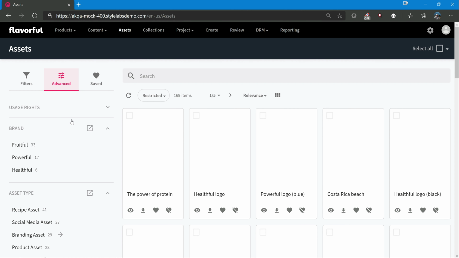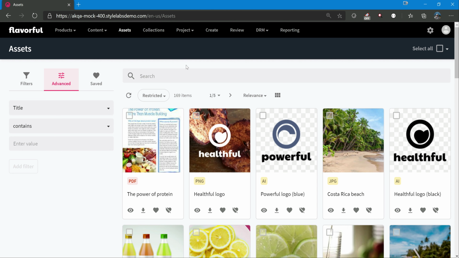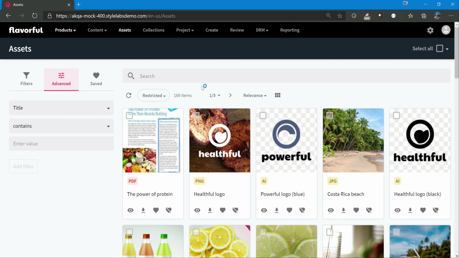And from the coding perspective, archiving means we are changing the status. So you all remember the final lifecycle status, right? Whatever assets we are seeing here are all approved. If we go to create, those are all created assets. Those are all final lifecycle status created. Review means in review, and rejected means we can have it in that rejected state. So this is called final lifecycle status for each asset.